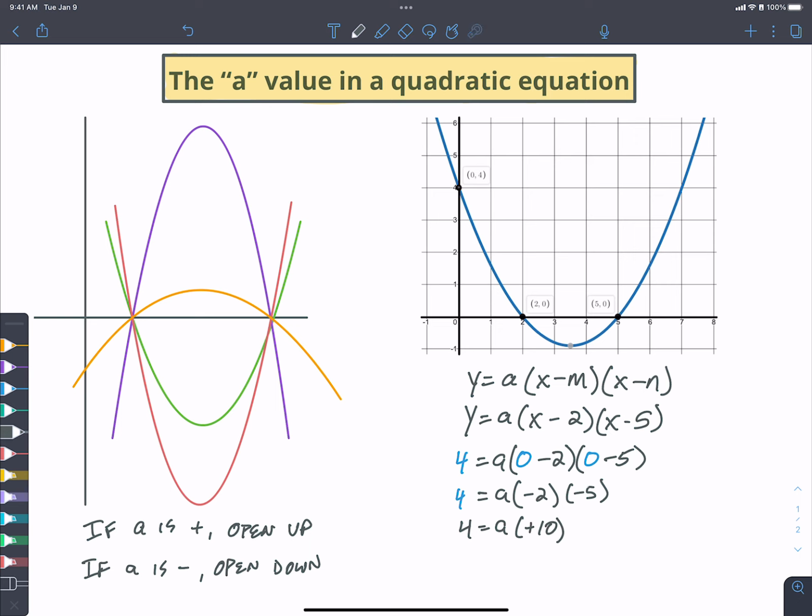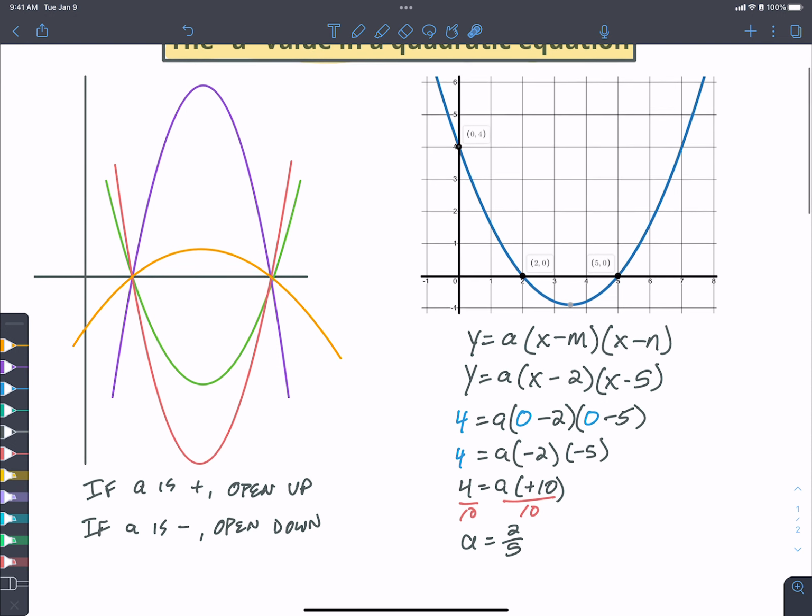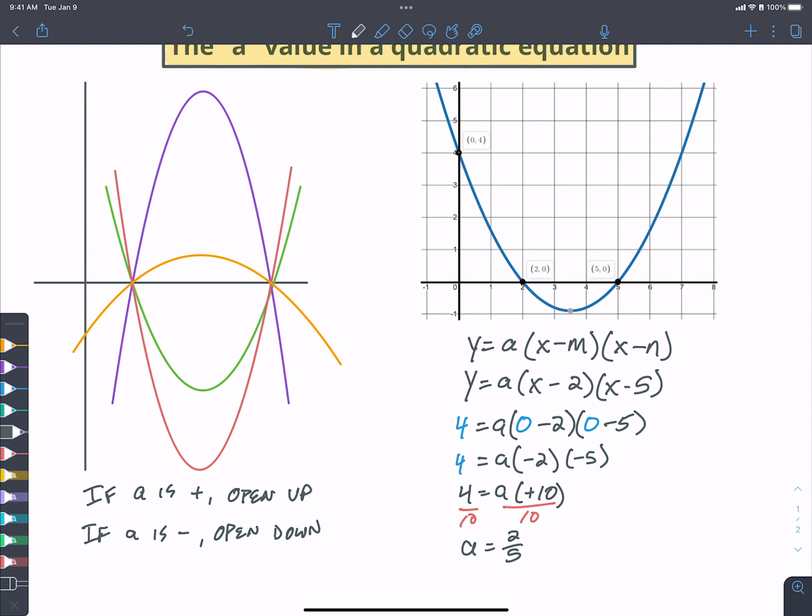2 times 2 or negative 2 times negative 5 is positive 10. Now I want to get a by itself, so I'm going to divide both sides by 10. And a, when I simplify it, is equal to 2/5. It's 4/10 here, but we can divide both of those by 2, so we end up with 2/5. So the equation for this graph right here is y equals 2/5